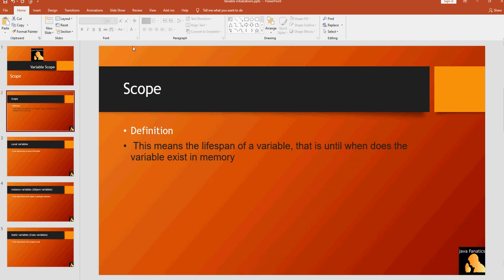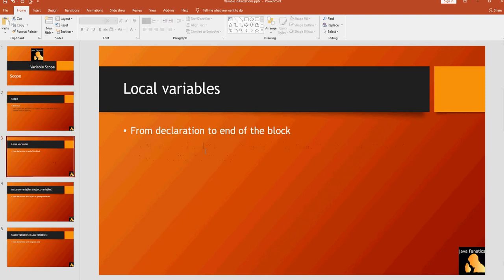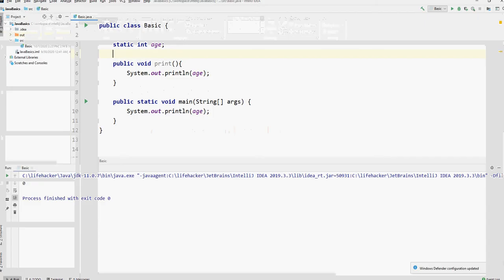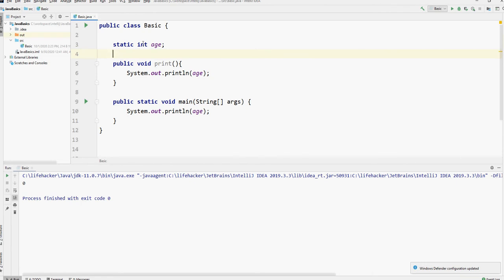So local variables, instance variables, and static variables all have different scopes. Let's start with local variable scope. Its lifespan is from the declaration of that variable until the end of the block.